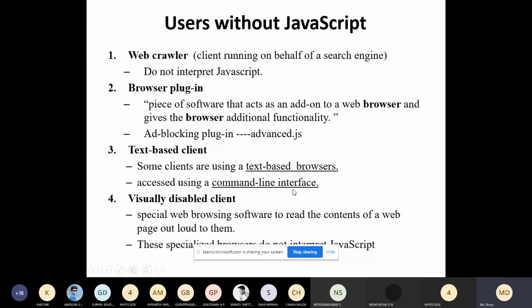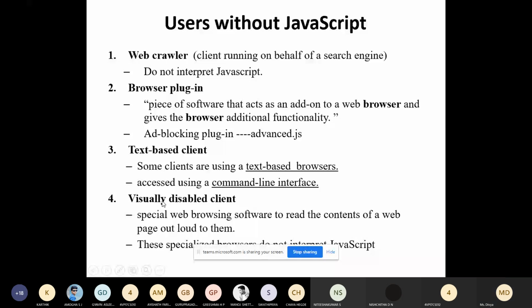With the help of commands, we'll be fetching and accessing the data. If you want to interact with the website, moving from one tab to another, you will be making use of the command line interface. So if you are using a text-based browser, you may not be able to execute the JavaScript code.